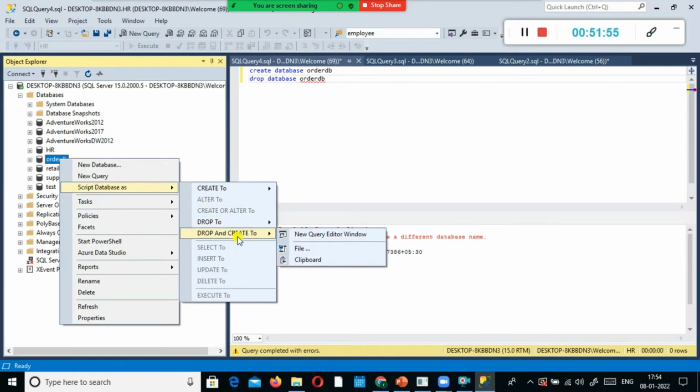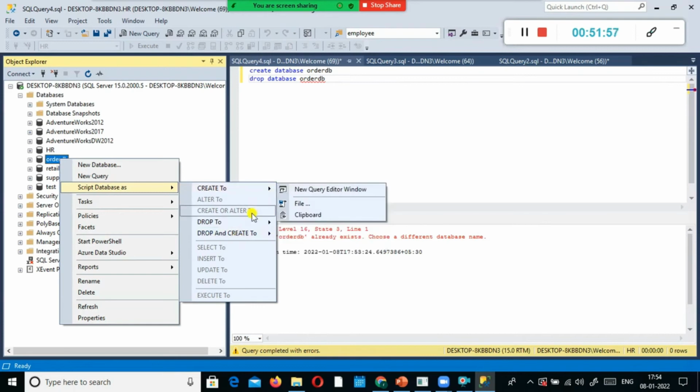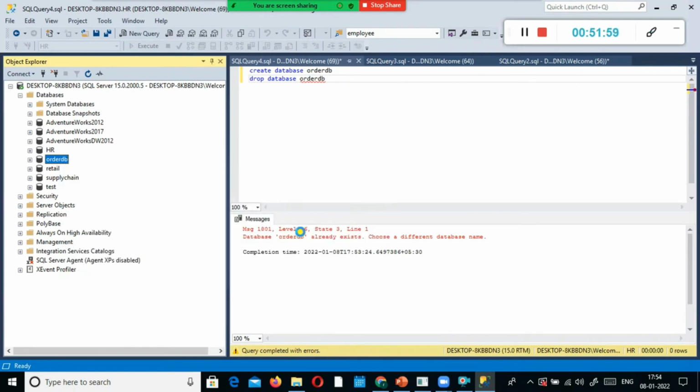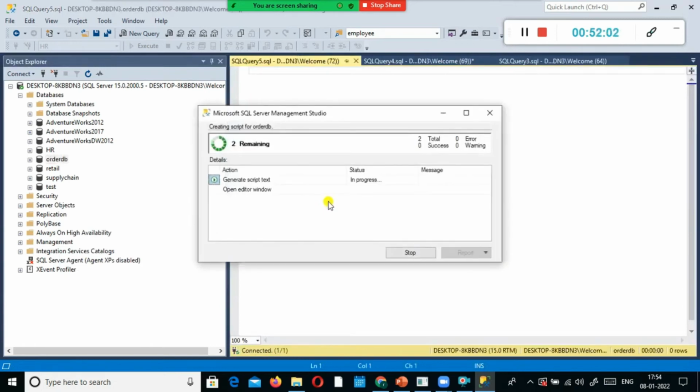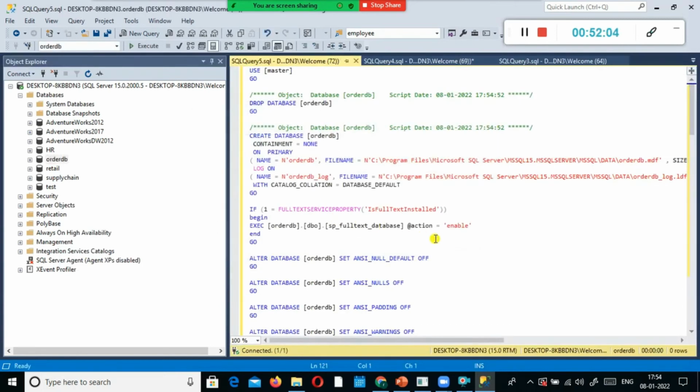Okay, drop and create. Let's see, when I select drop and create to, what happens here. If the database is already available, you drop it and then create the database. Look here, it automatically creates.